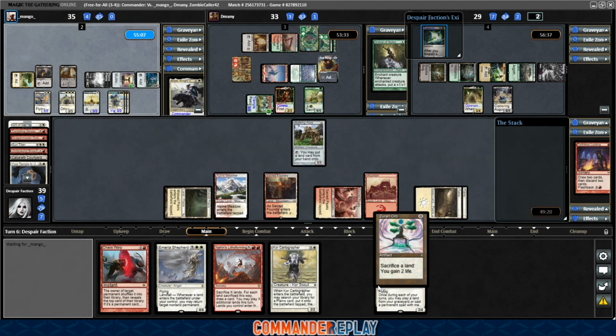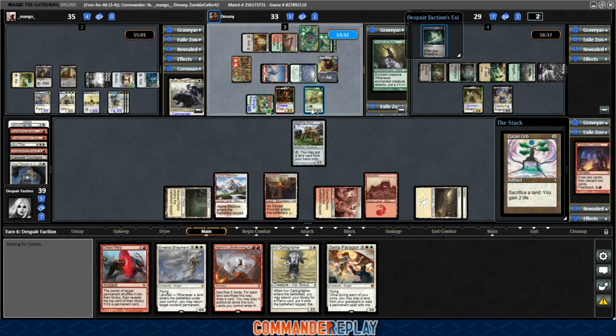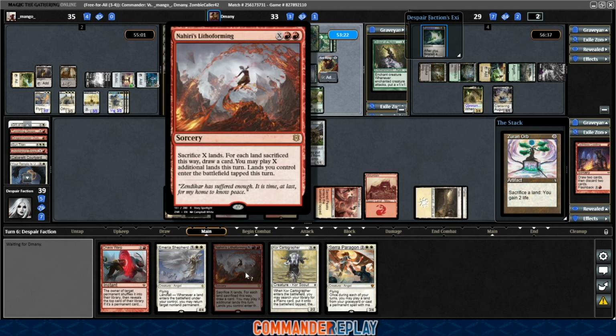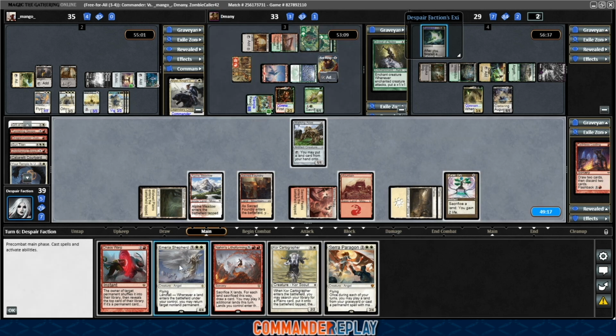Cast the Zuran Orb. Thought about this thing's out here again. It depends on how D-Manny's feeling. I guess it's a sack outlet. I mean, we're not just going to sack lands all willy-nilly. Well, this is a sack outlet, too. I guess if we lose it, then it's fine. But I'm thinking the plan here is just hold up the Chaos Warp. We can't really do that much else, yeah. It's like all we've got, so...